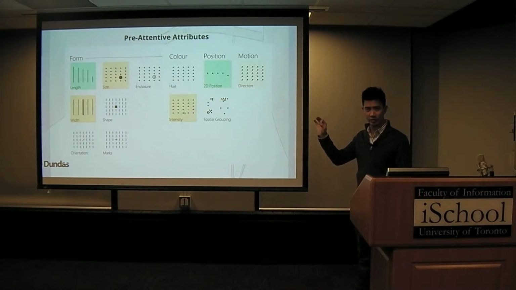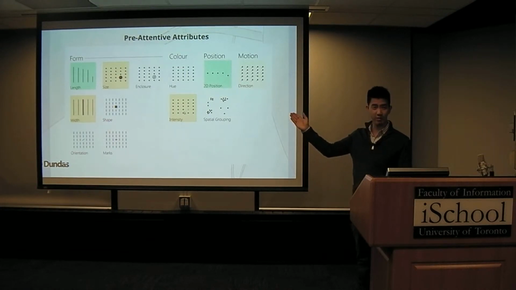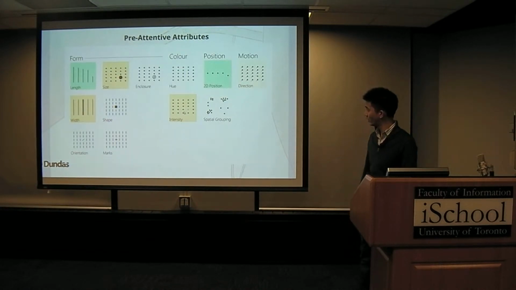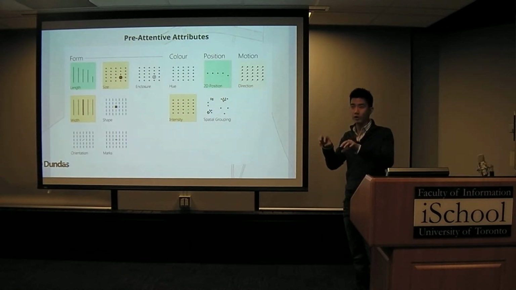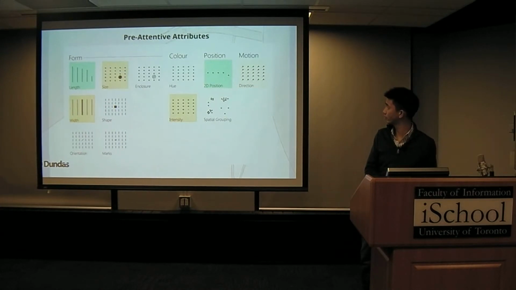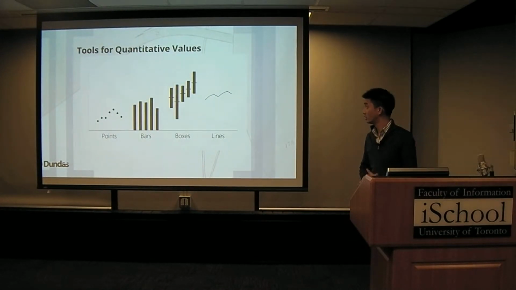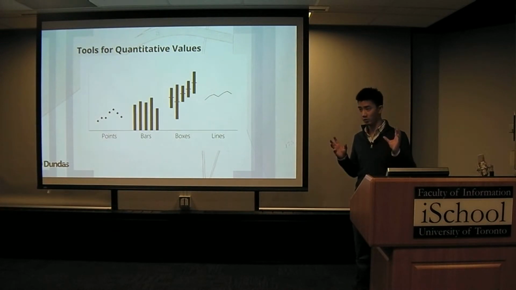Size, it's hard to determine. The human brain is not that good at discerning area. Width, how much thicker is that thick line versus the thin ones? Intensity, we can see that different dots might be darker than some others, but it's hard to judge by how much. This makes the process of presenting quantitative data quite simple, actually. It reduces the number of choices we have in the vast majority of cases that we see today,